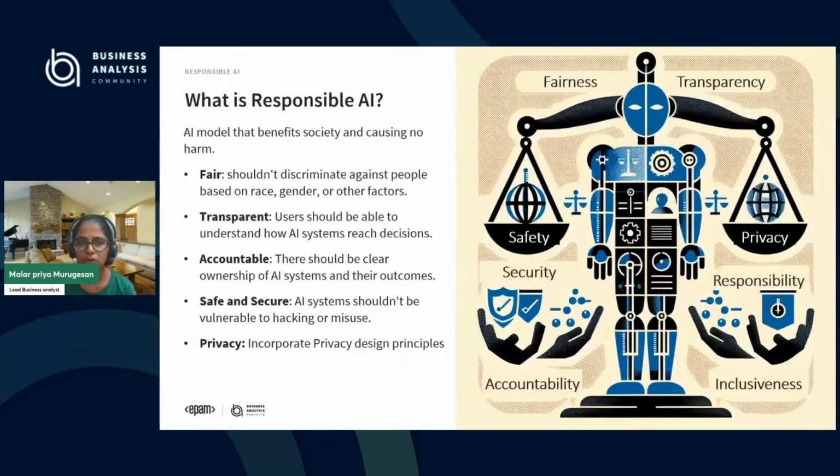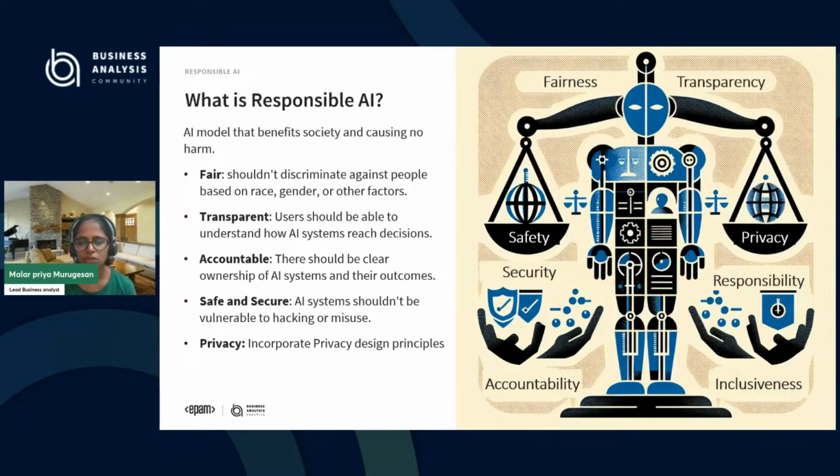So now moving on to responsible AI. Even before, I was talking about AI ethics, right? So I was talking about privacy and security, and that is the reason we were doing this normalization and all these things. But there are some other AI ethics you need to consider. So, fairness, transparency, safety, privacy, security, inclusiveness, very important, no bias, accountability, and responsibility.